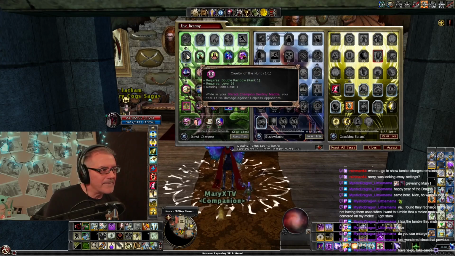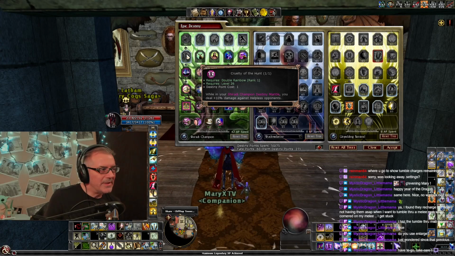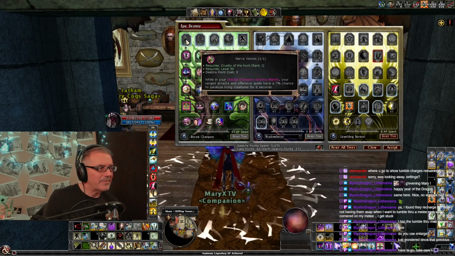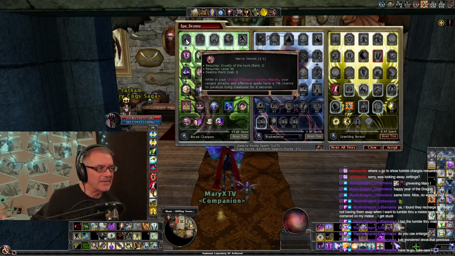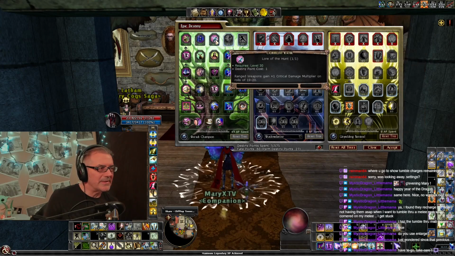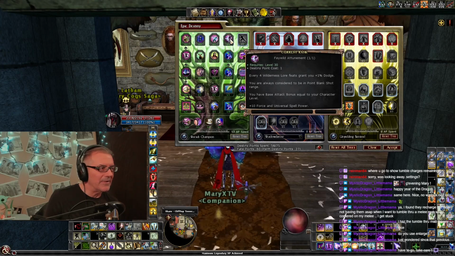Here's our the cruelty of the hunt. In your mantle, 10% damage to helpless. Great. Nerve venom, that's the stun. We want that. There's our DCs. Well, we're just taking everything. This is